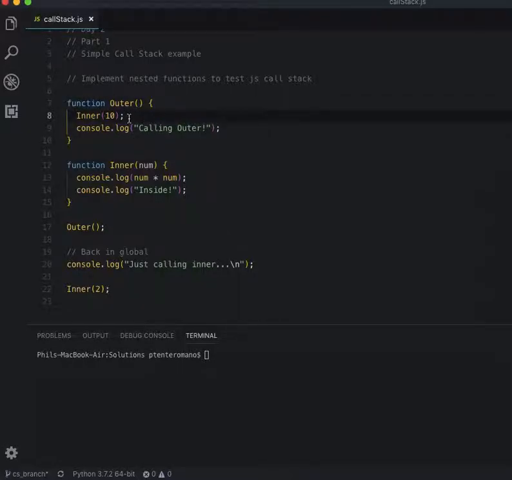So first one's outer. It's going to call inner. Inner takes a number. I just wanted to show you that there could be some computation inside. And I console.logged the fact that these functions are getting called. So all I'm calling here is outer. And as you might have guessed, if we just run this,